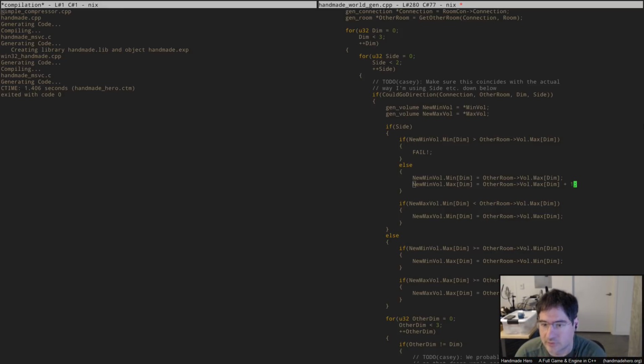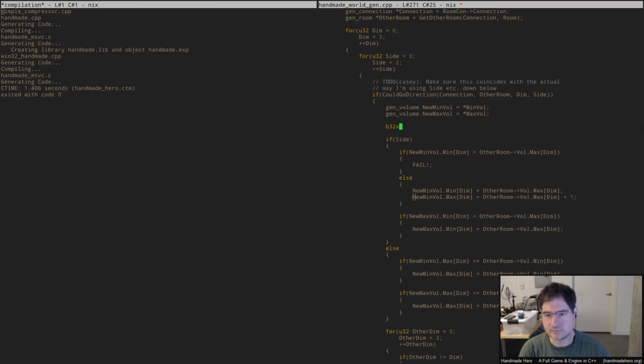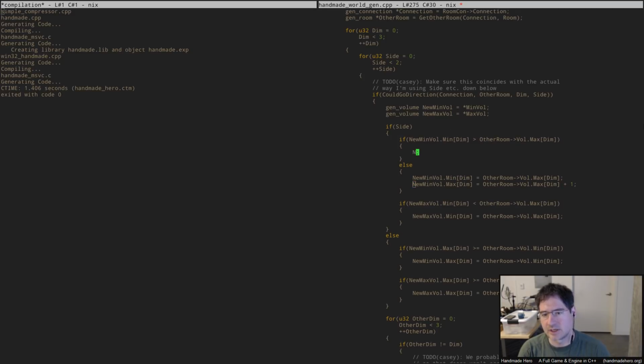And I think that's what we actually want. And so if for some reason you weren't able to do that, so if the minimum value that we would have accepted before for where it was going to go doesn't allow us to actually get here in the first place, it's already further that way, then we're toast. And I guess we don't really have to do anything about that now that I think about it. We can just do like new minvol,